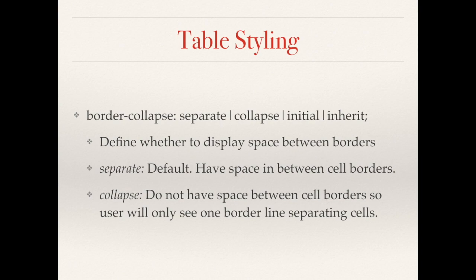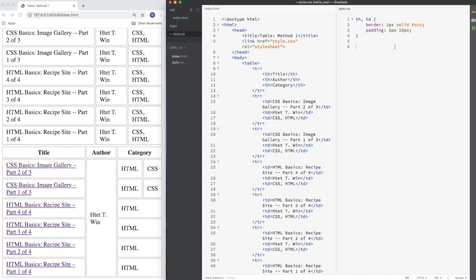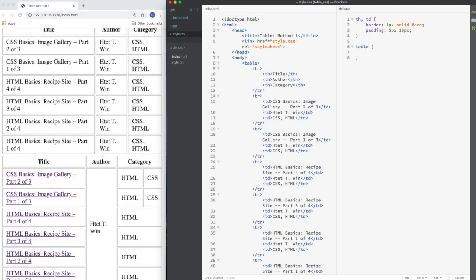There is a table CSS property named border-collapse to remove those gaps. The property has two values, separate and collapse. Default is separate. That's why you are seeing the gaps between the cells. We need to change it to collapse to remove the gaps. So let's add the table selector. Table, open curly bracket, close curly bracket. Inside the curly brackets, border-collapse: collapse;